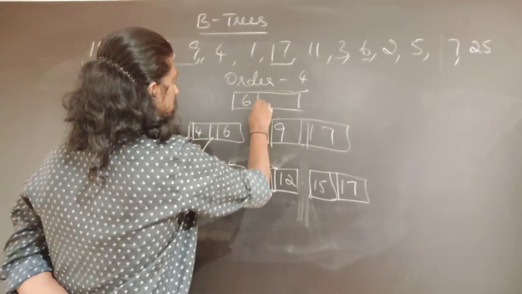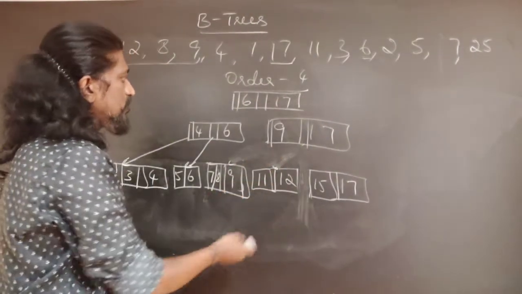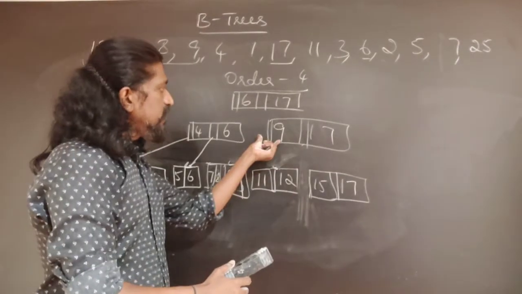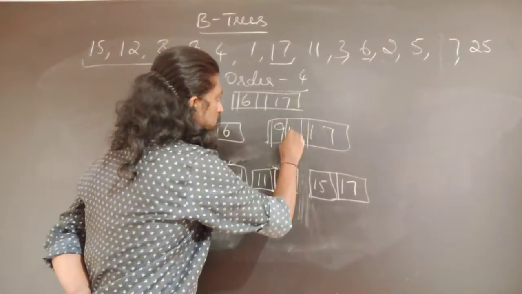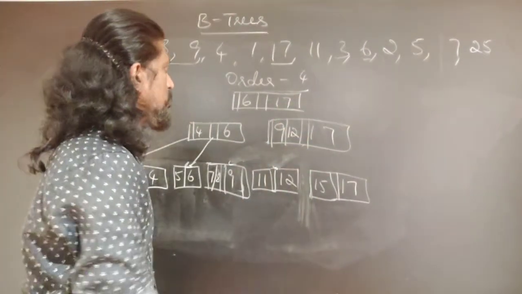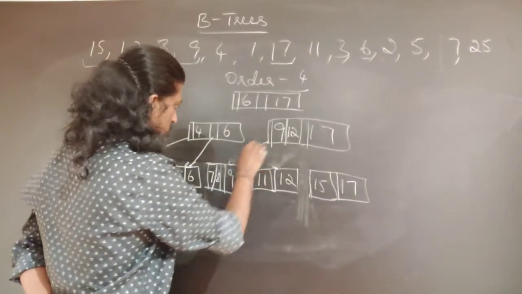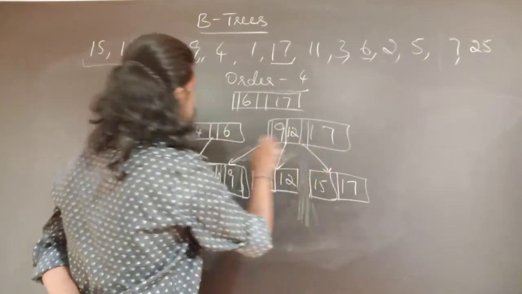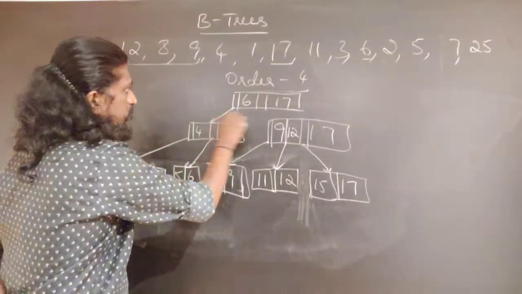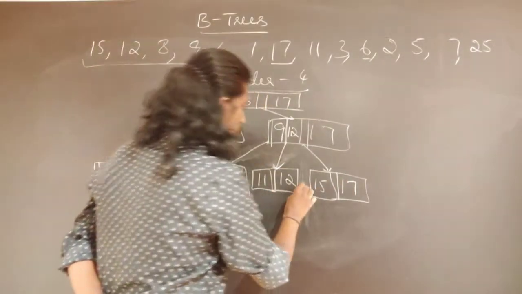6, 17, okay. Now this 12 we promote. When we promote 12, we find that 12 is greater than 9 and less than 17. So therefore 12 will come and sit in this particular node, okay. So in between 9 and 12 there will be a descendant. So this will be one descendant, this will be the other descendant, this will be the third descendant, and left of 6. So this is where, and now we have to insert 25.